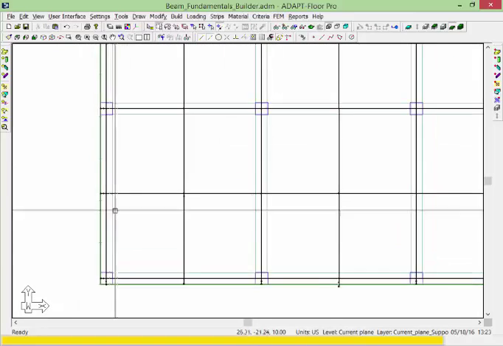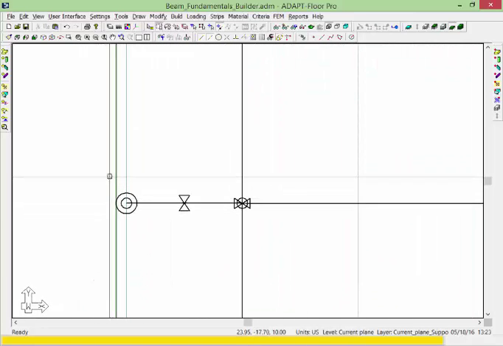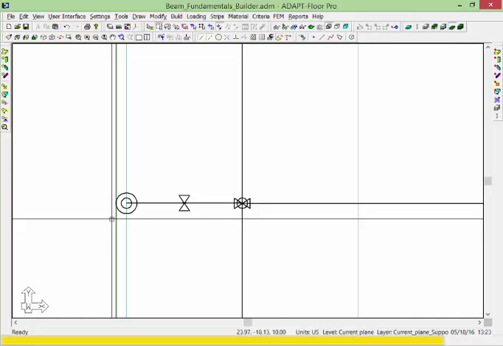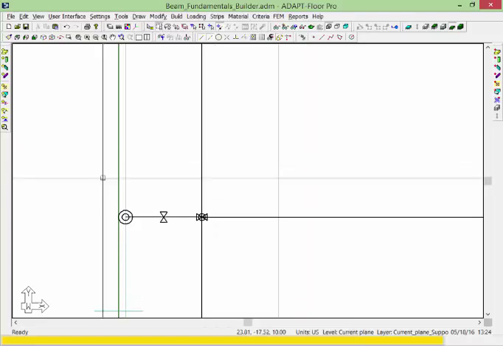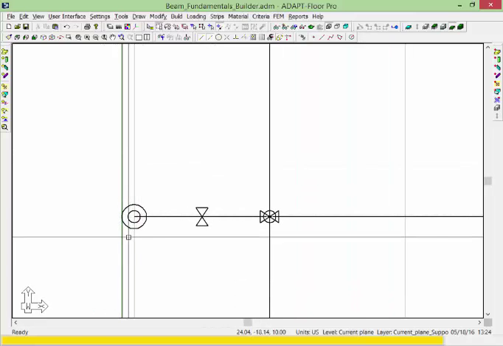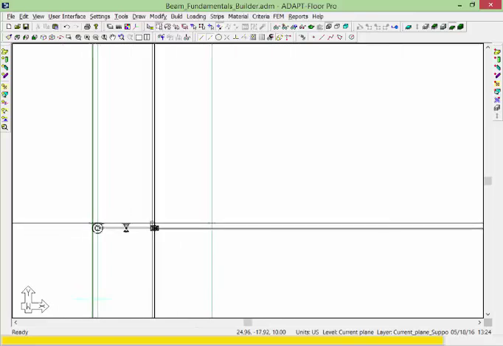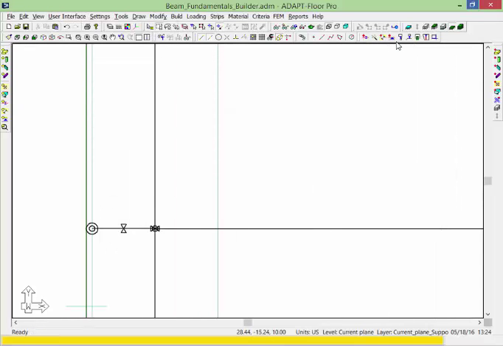Now, one thing you may see is you'll notice that every one of my support lines stops inside of the perimeter of the slab. There's a tiny gap of about 1 inch, and that's going to cause a problem when we generate our strips. If I go to the modeling toolbar,